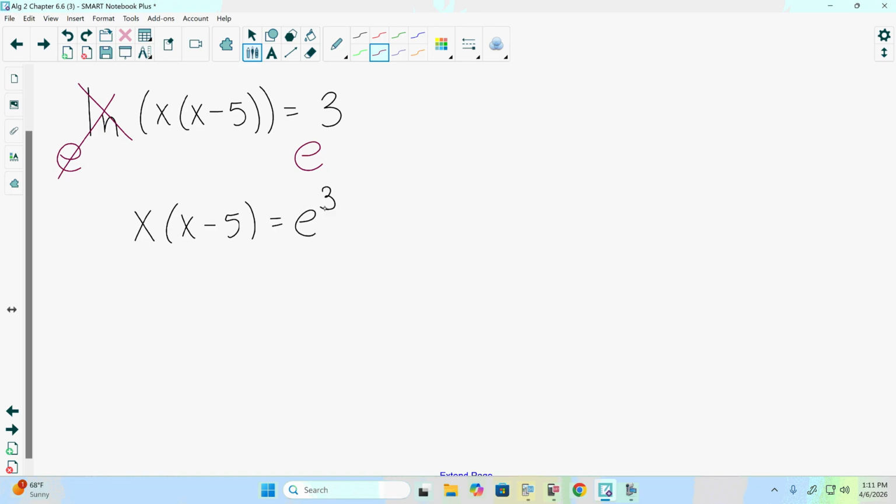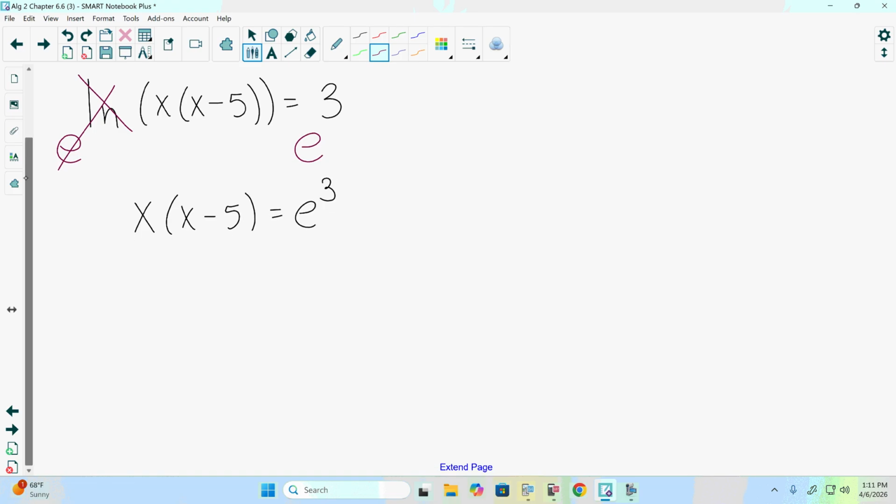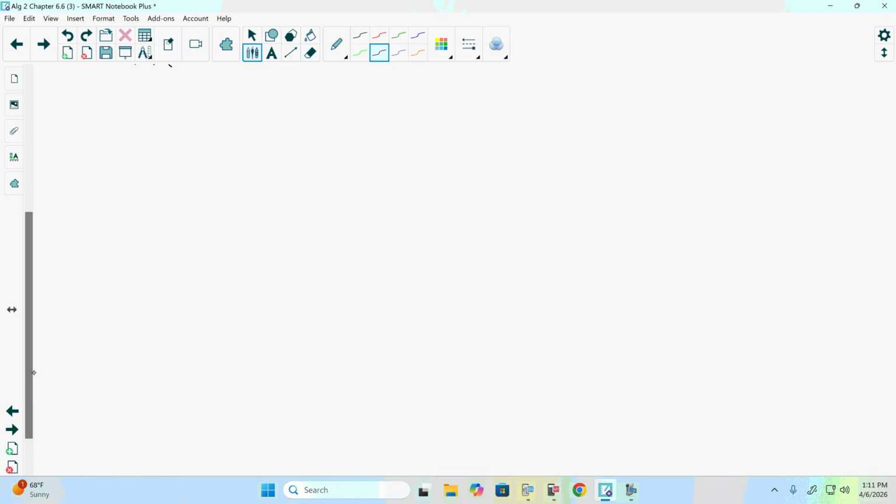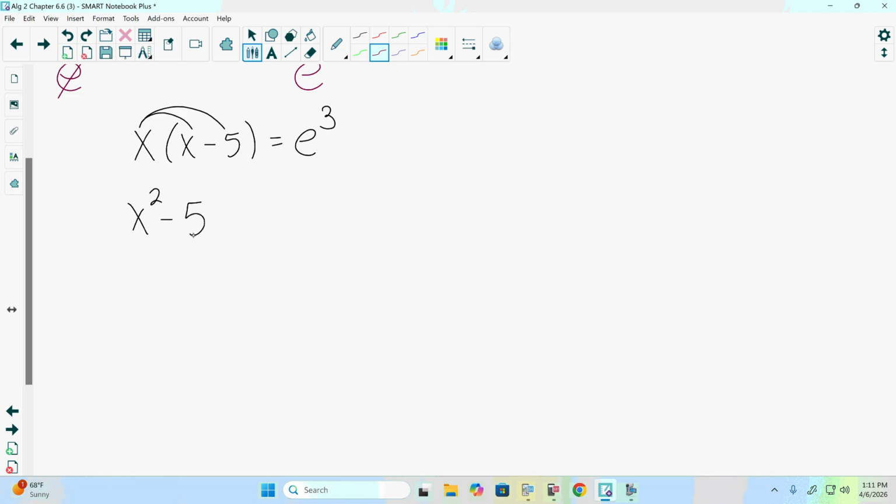equals e to the third. Again, nothing's changed. Nothing's really different than what we've been doing. Left side will distribute the x. X times x is x squared. X times negative 5 is negative 5x. E to the third. Well,